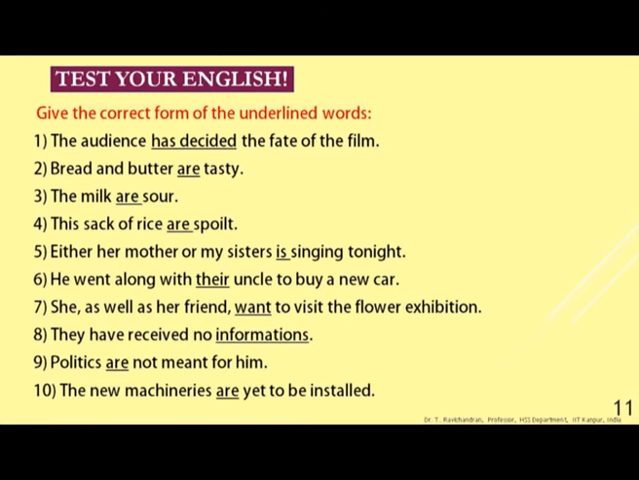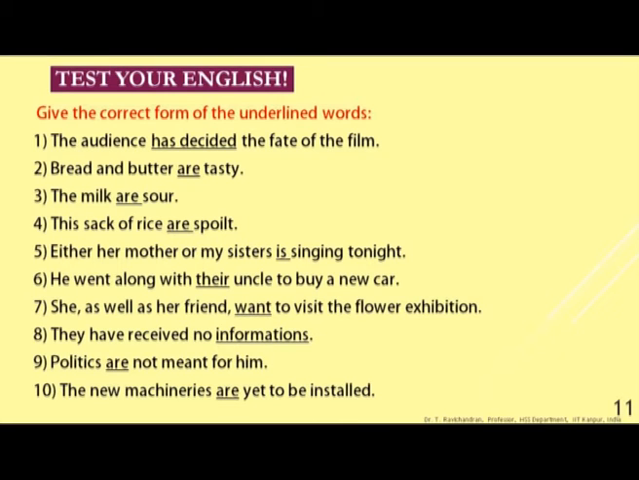4, this sack of rice are spoilt. Underlined word, are. 5, either her mother or my sisters is singing tonight. Underlined word, is. 6th one, he went along with their uncle to buy a new car. Underlined word, their. 7, she, comma, as well as her friend, comma,